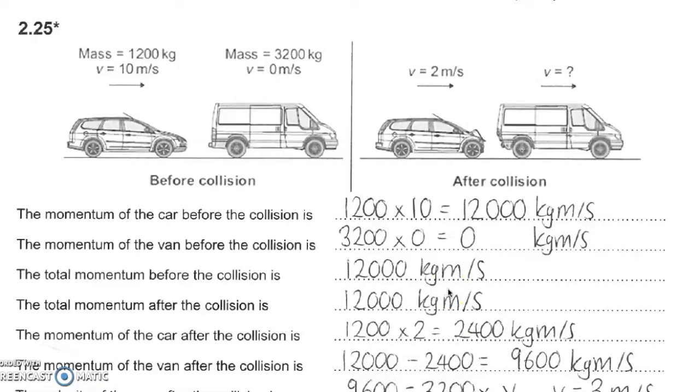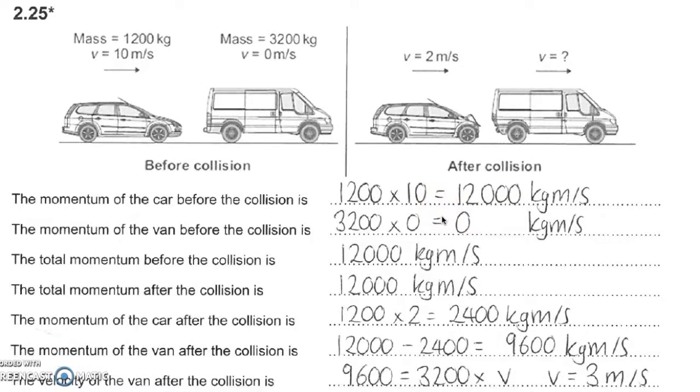Okay, so we're going to look at an example for momentum now. So let's have a look at this car here. It's initially moving at 10 meters per second. Its mass is 1200 kilograms, crashing into this van, which has a mass of 3200 kilograms, and its velocity is 0 meters per second. So the momentum of the car before the collision is its mass times its velocity, which gives us 12,000 kilogram meters per second. The momentum of the van before the collision is going to be 0, because 3,200 times 0 is 0, which means the total momentum before the collision is 12,000 plus 0,